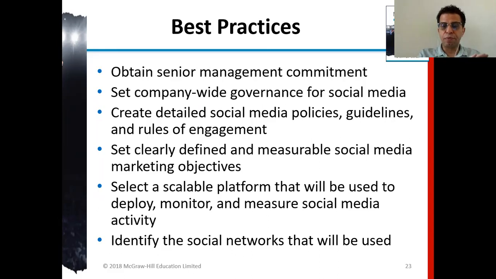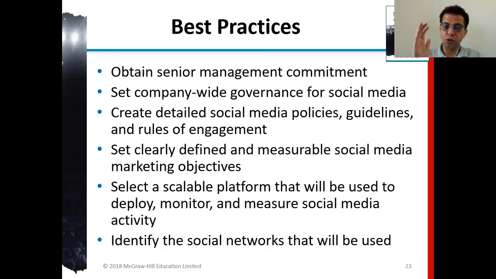The best practice is to obtain senior management commitment. Set company-wide governance for social media, and create detailed social media policies, guidelines, and rules of engagement.